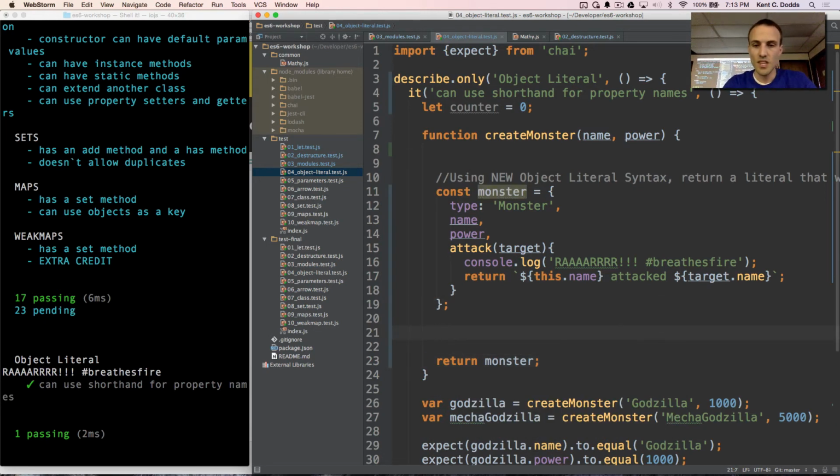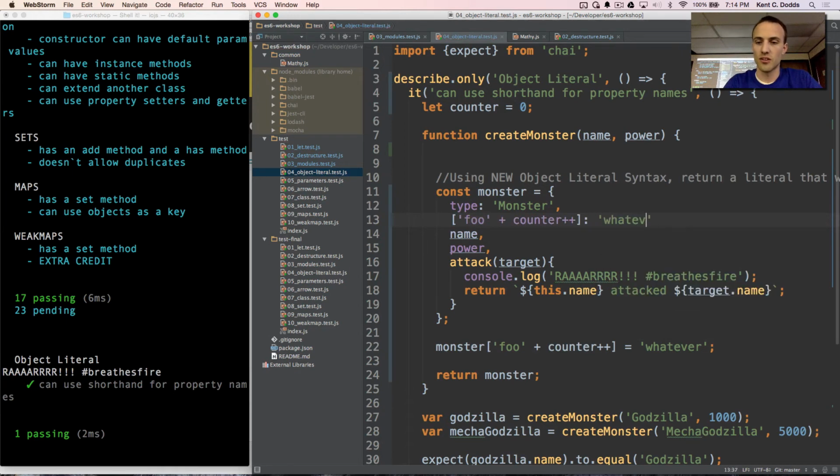If I wanted to add some dynamic property name to this monster, I'd have to do what I just did by creating a variable for it so I can have a reference to it, and then I'd say monster, foo plus counter plus plus equals whatever. So now I have this dynamic property name that I'm applying to these monsters. With ES6, you can actually just do that directly in the object literal itself. So you can say counter is whatever.